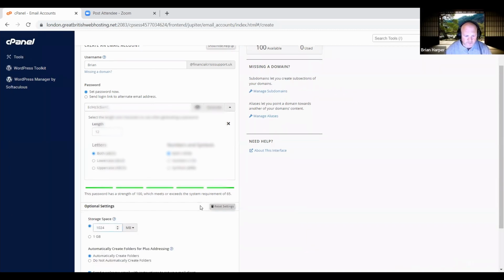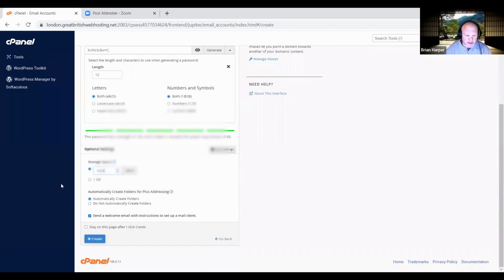So also you have optional settings below, and you can set storage space limits, things like that, because emails have attachments on occasion, depending on your business. So also,